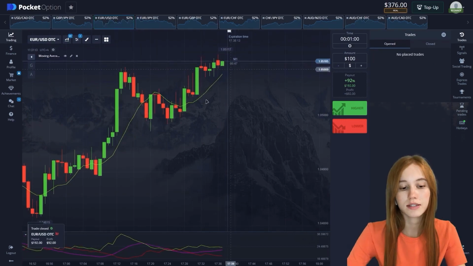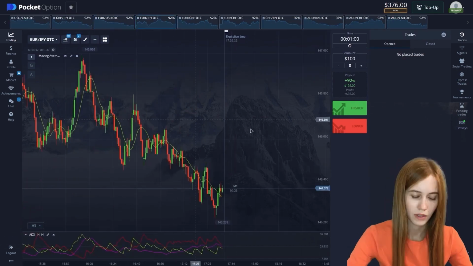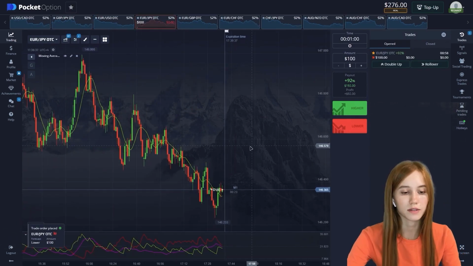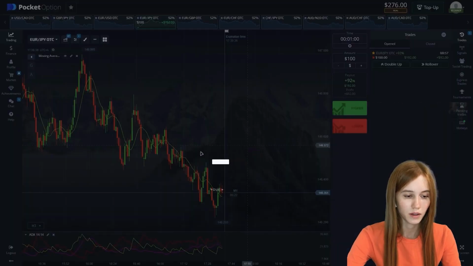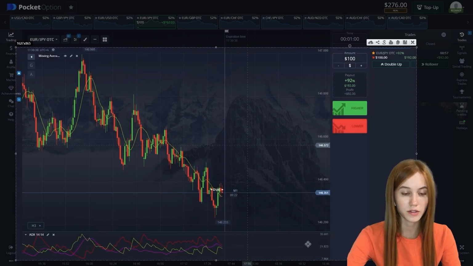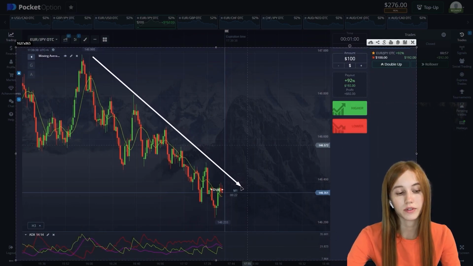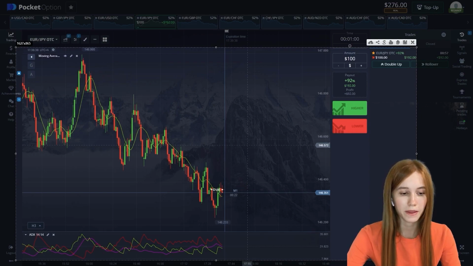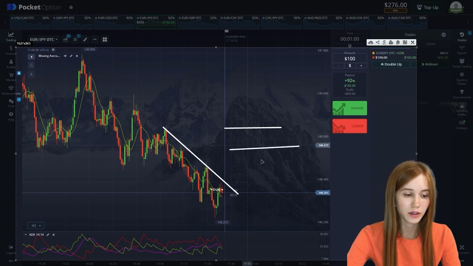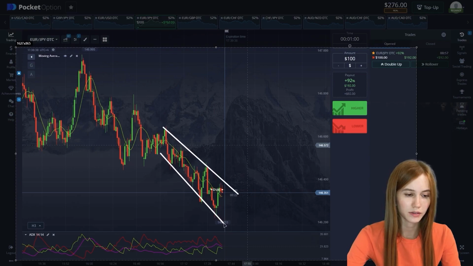Yeah, profit is $92. So let's open up and start our technical analysis. Let's see the situation. The general trend is going down. We'll also highlight the area of resistance and support. There was a test here on the shadows. Also here, highlight